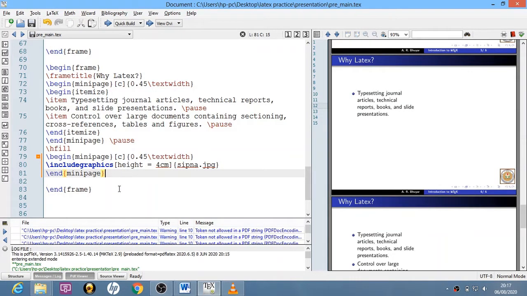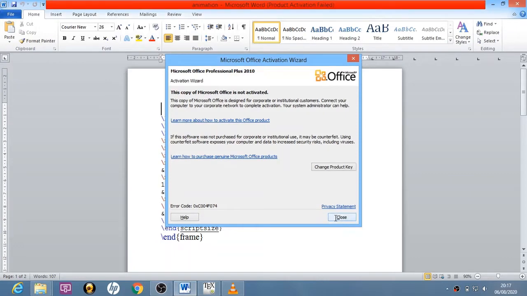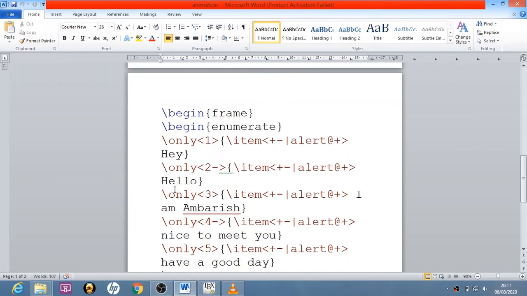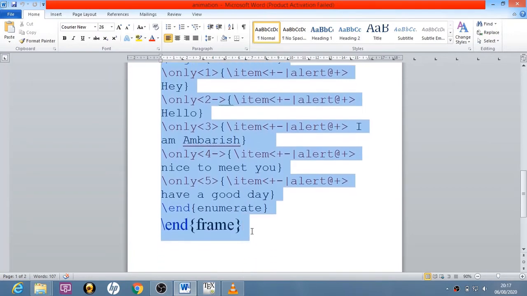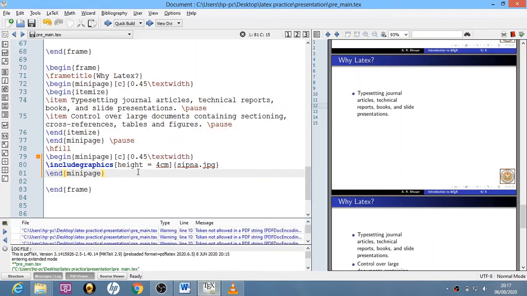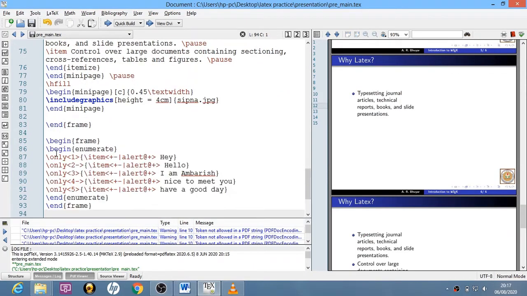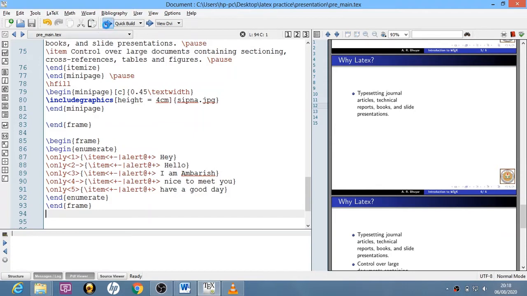In the previous session we have seen how we can use the Beamer class to create your presentation. Now let me quickly show you some other animation effects in itemization. So I will copy this text and paste it in my LaTeX document and I will compile.